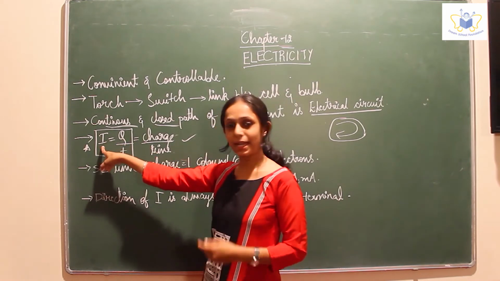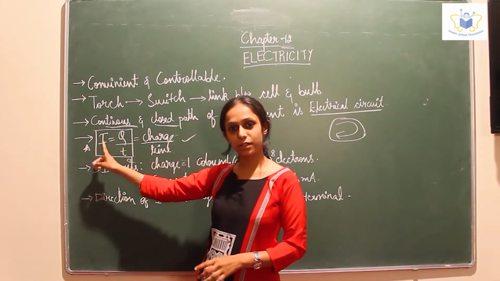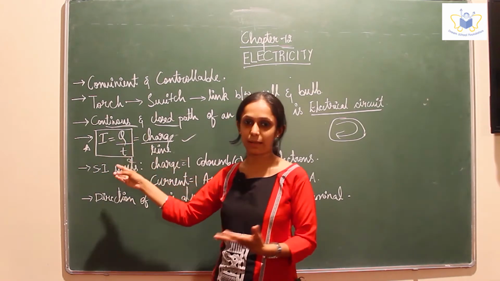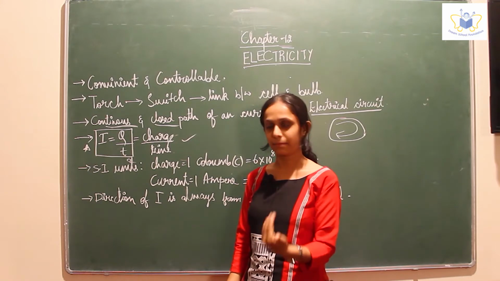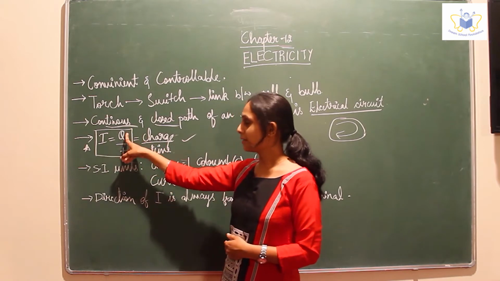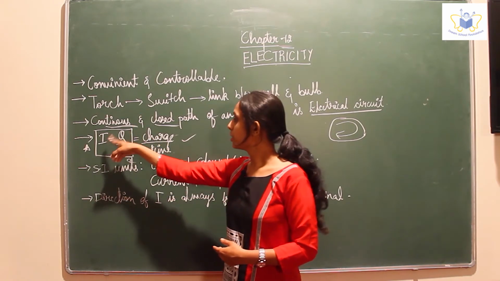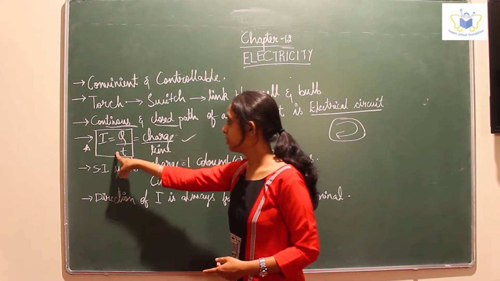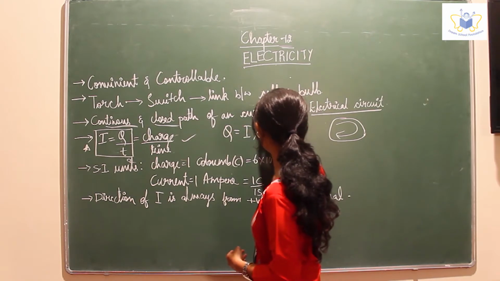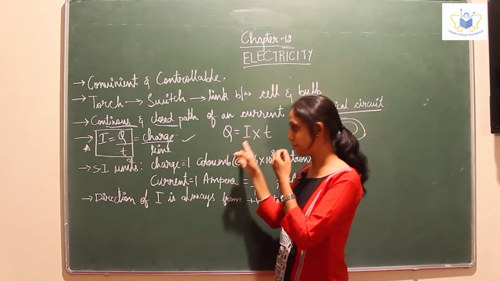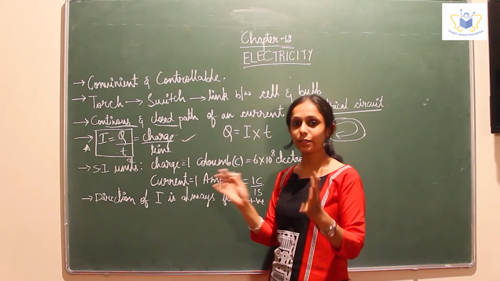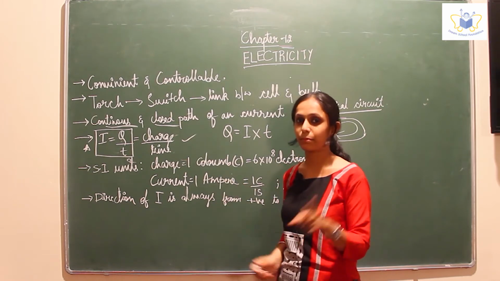So what does I stand for here? Current. I is the scientific notation for current, capital I. And Q is the notation for charge and T is for time, simple. So what is I? Q by T. You can use this vice versa. If you are given I and T and you are supposed to find Q, you can use the formula. So what happens to Q? Your I goes there. So the formula for Q will be I into T. So this is how you find charge, and this is when you will have to find current. So simple, the same formula in 2 different ways. So this is about current, very important for 1 mark.